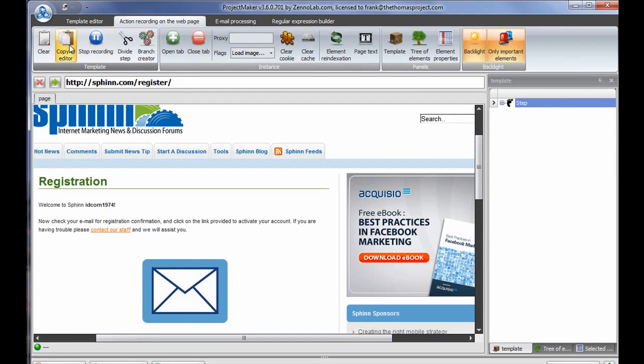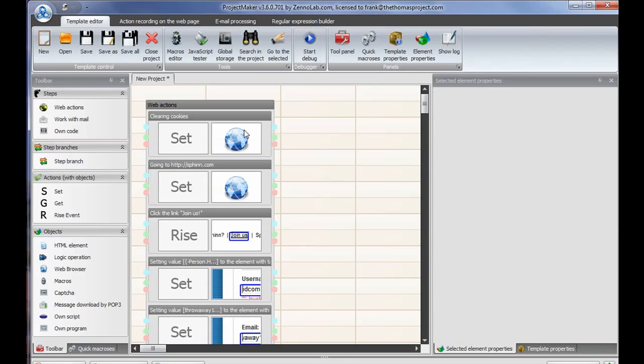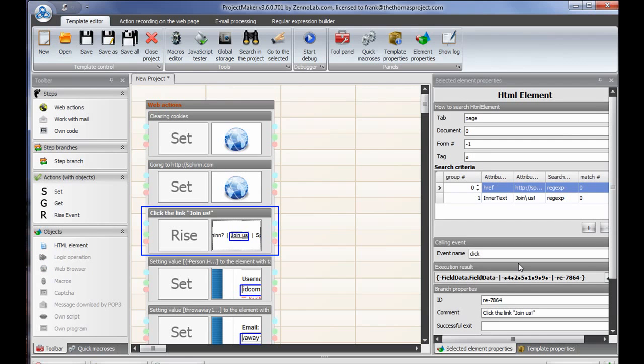I'm going to go back here, and now I'm going to copy this to the editor. It's going to pop open a window, because I've only got the one project open called New Project. That's what it's going to show me. Okay, it jumps to the template editor, and here we go. So you can see it's created those steps. Clear the cookies, go to the page Siphon, click on the Join Us link, etc., etc.,